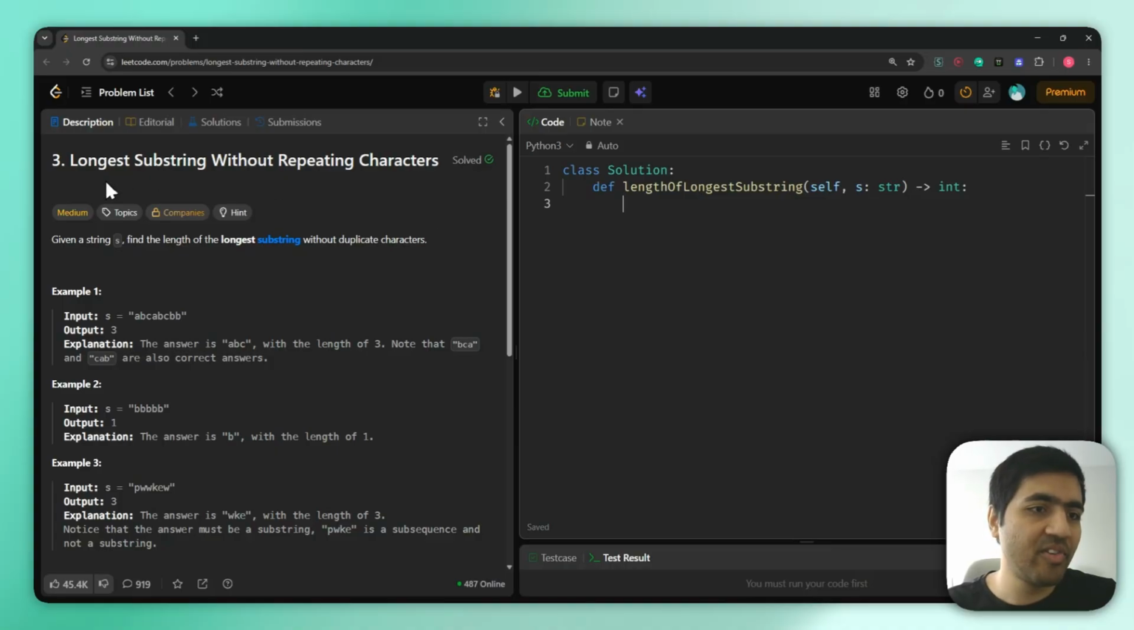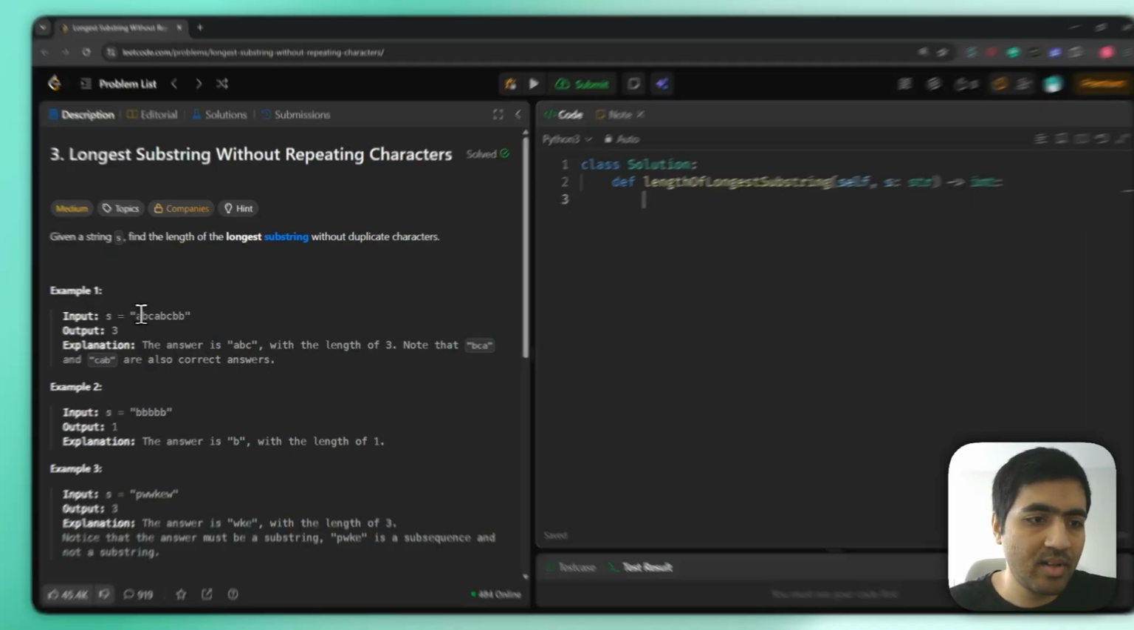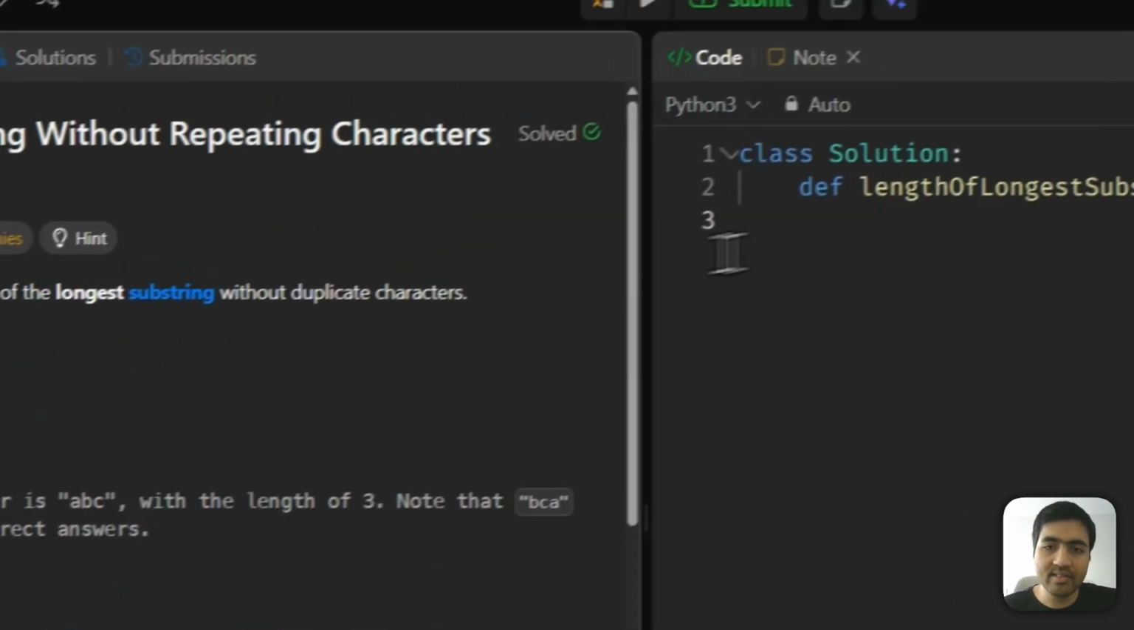We are going to solve longest substring without repeating characters today. The problem says, given a string S, find the length of the longest substring without duplicate characters. So they've given an input string called S. We need to find the longest substring such that it has unique characters and return the size of it. So if we have an example string like this,